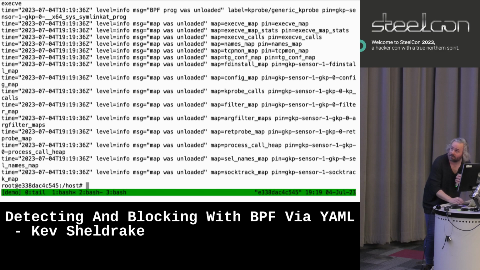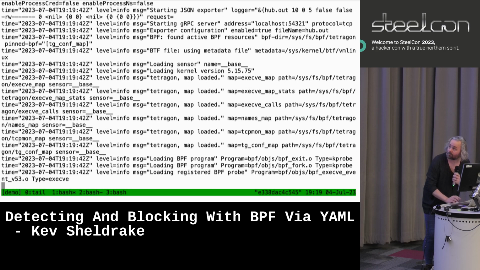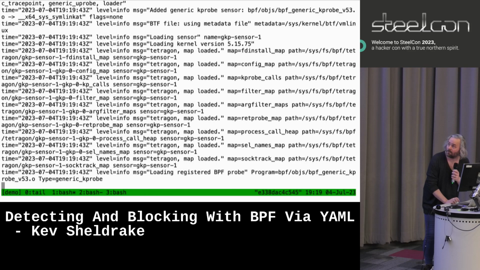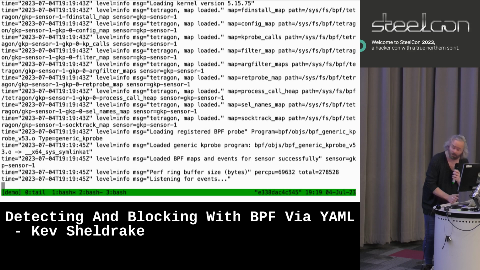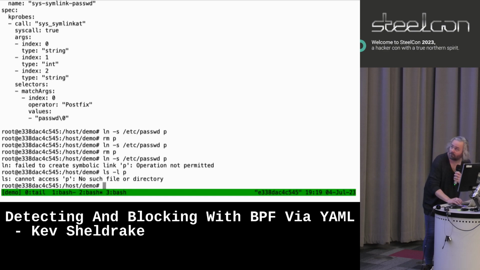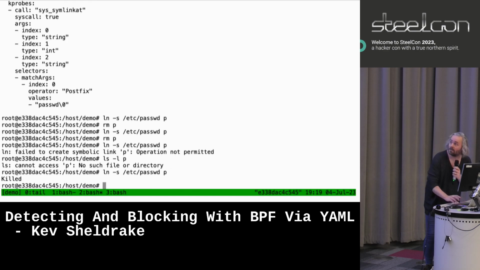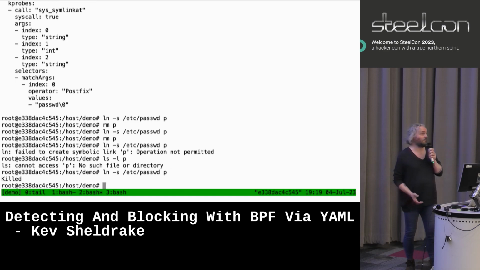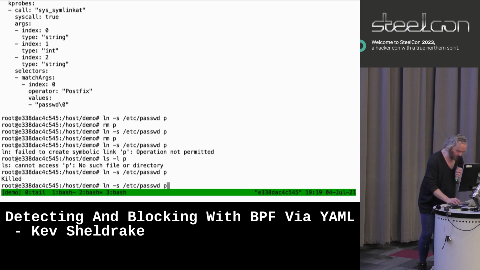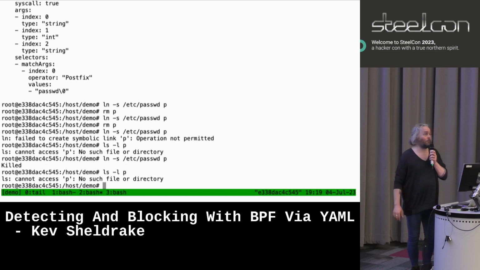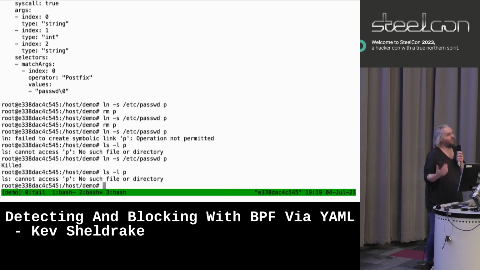But equally, if we were to do the same thing, but this time tell it to kill, load. And then we try to make the link. This time we get told killed, and the process itself, and also, as before, obviously it didn't happen because it got blocked. So you have the choice, as I said before, whether you're constraining what a process can do because